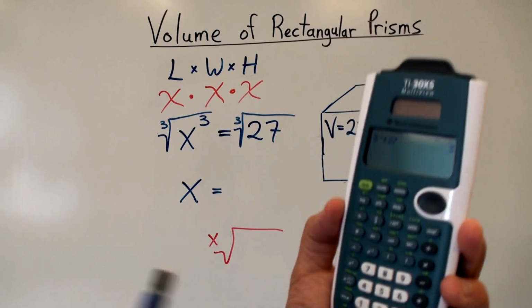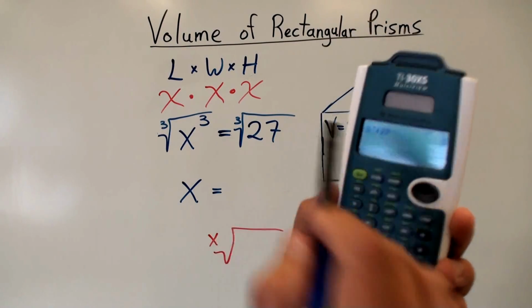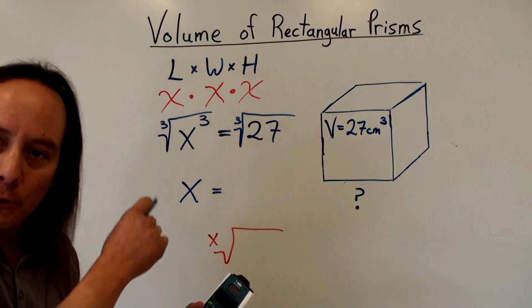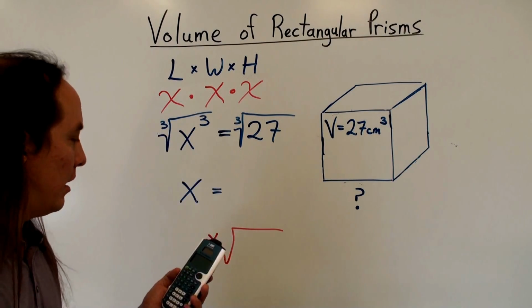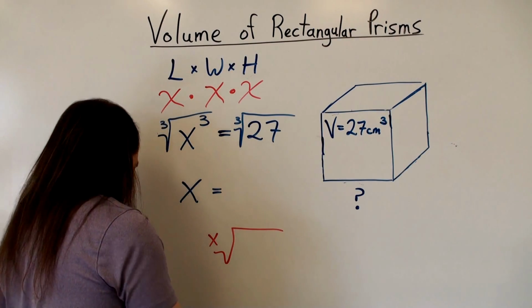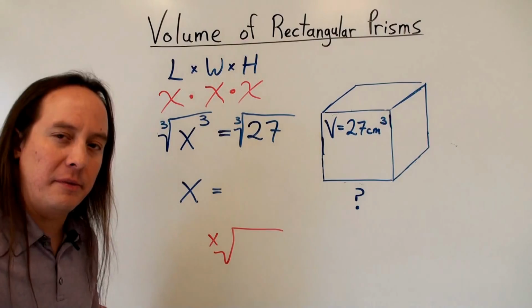Okay, so in this calculator, you have to put the value of this number here first. If it was a fourth root, I put 4 and then root and all that. Okay, so anyway, if you have a calculator, and you probably will if you're doing a test or something like that,